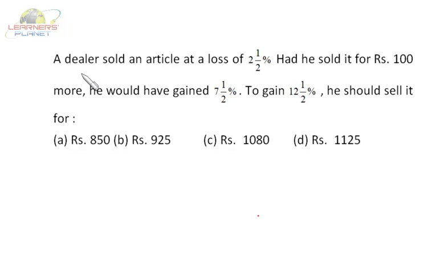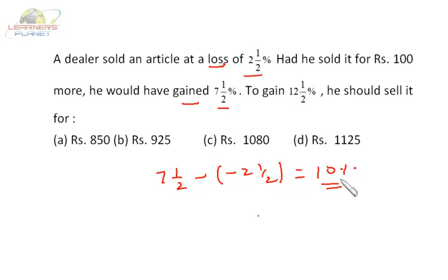Let's see this problem. A dealer sold an article at a loss of 2.5%. Had he sold it for 100 rupees more, he would have gained 7.5%. Friends, here he is making a loss, and here he wishes to make a profit. So what is the difference between these two? It is 7.5% profit and 2.5% loss. So the total difference between these two is